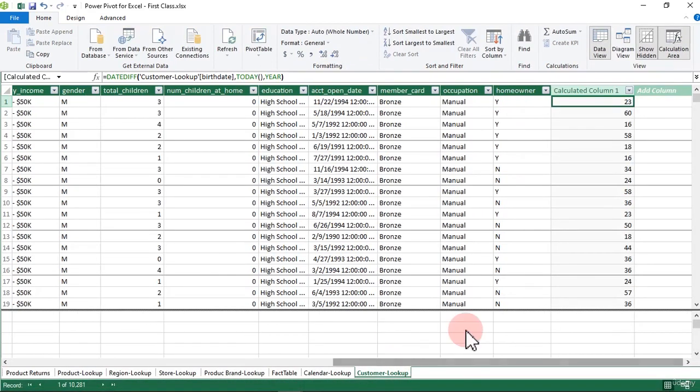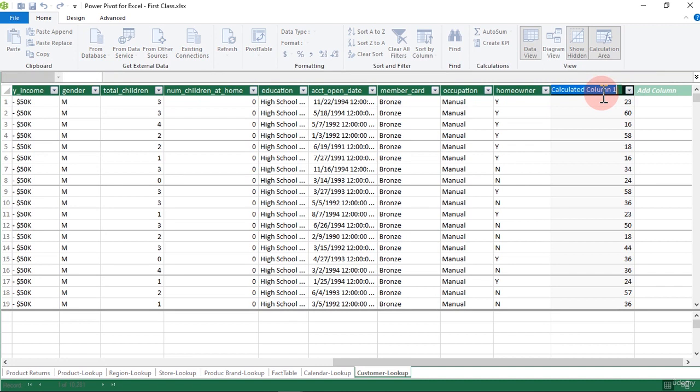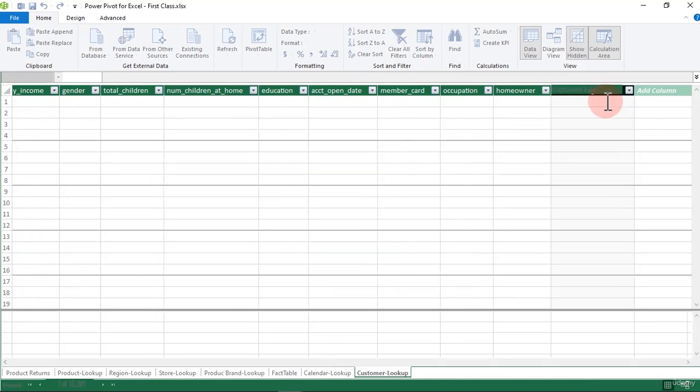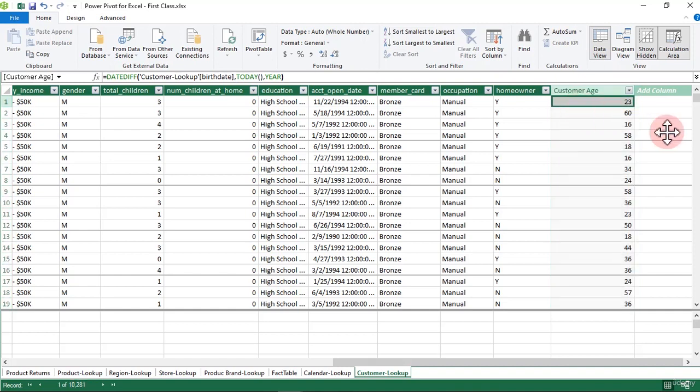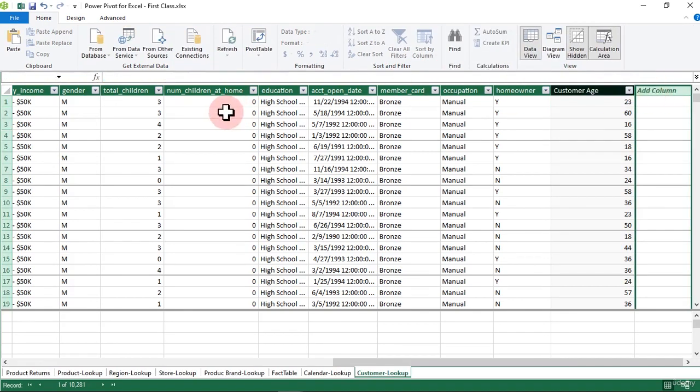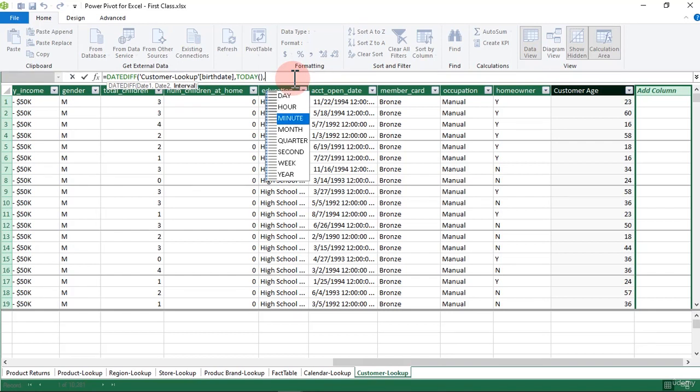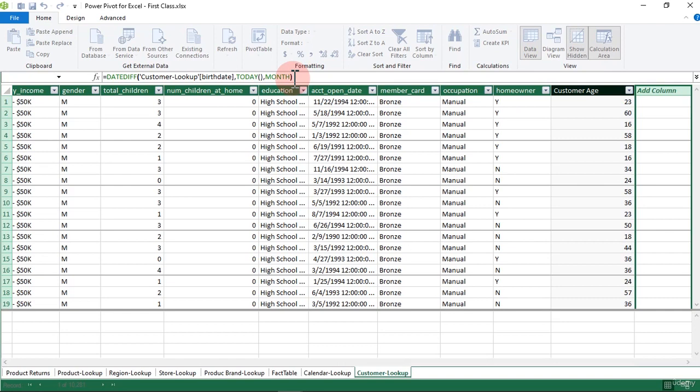Let us go back here and see what we have. You can rename this one to customer age. So here is our customer age. I want to copy this to play around with it and see what we have. If I make a change to another interval, I've just copied it. I'm going to click on this next column and paste this one in here. This time around, I'm going to move my year away and go with month. So I close it. If I hit enter,